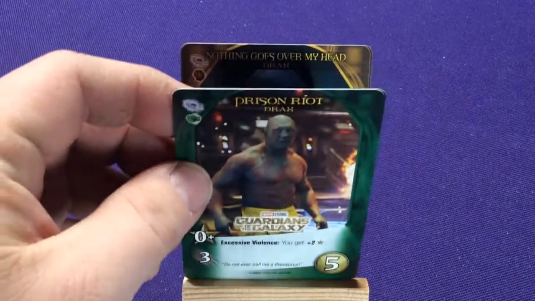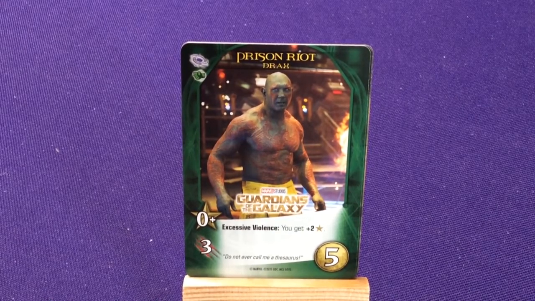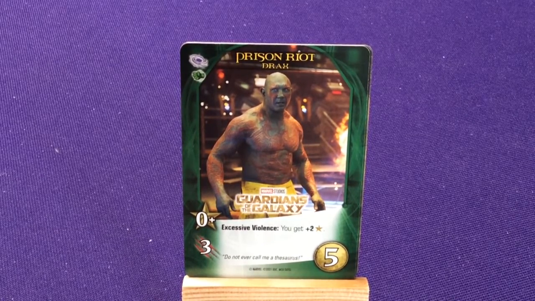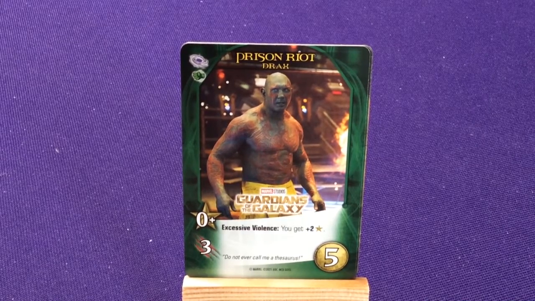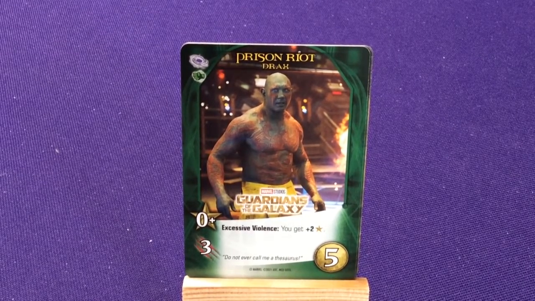We have 3 copies of Prison Riot, which is another strength card. So 5 cost. Excessive violence, you get 2 recruit. So it just has 3 attack. And then if you do that extra attack, you also get some extra recruit. I like these effects with him so far, with the excessive violence